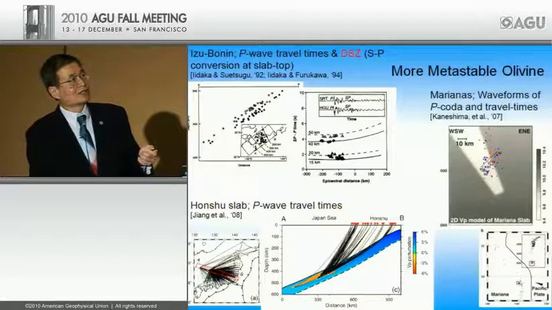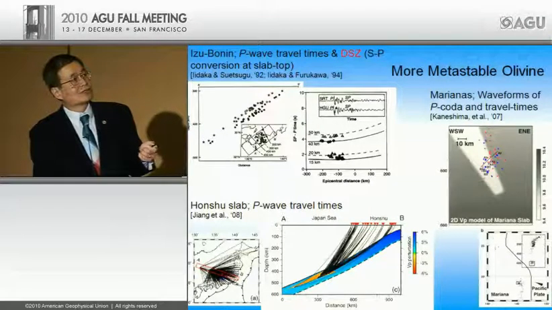So if the earthquake is here and there's a station here, the P wave goes like this. Then it sends an S wave. The S wave hits this interface and sends another P wave there. So in addition to this direct P wave, there's another phase following it. It's this S to P conversion.